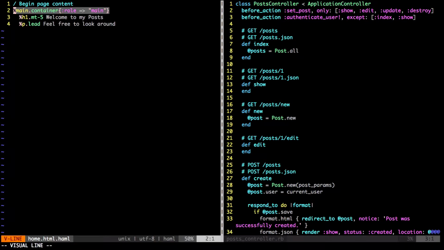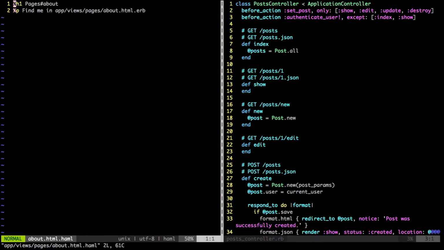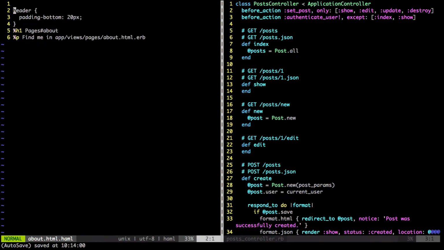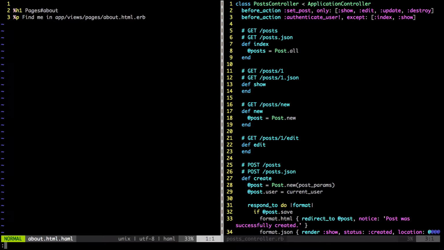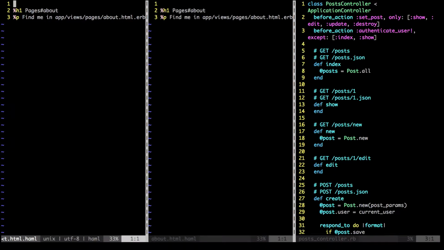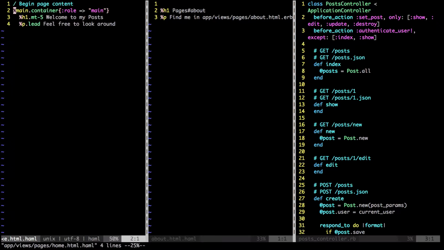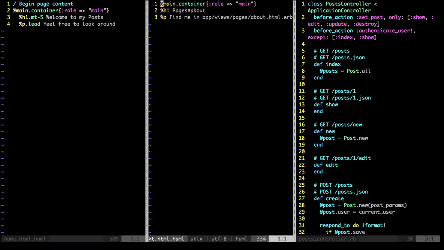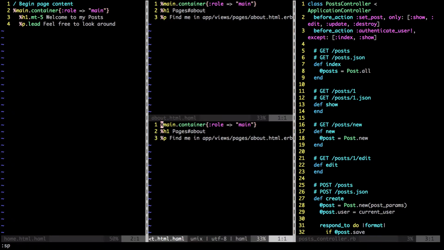So we just want to take that container class, copy it, and then go to the place where we were having this issue, under view pages, and the first one was the about. Let's open up VSP, go back to where we were. There it is, and I just want that. If we paste that, and then do the same for the home page,